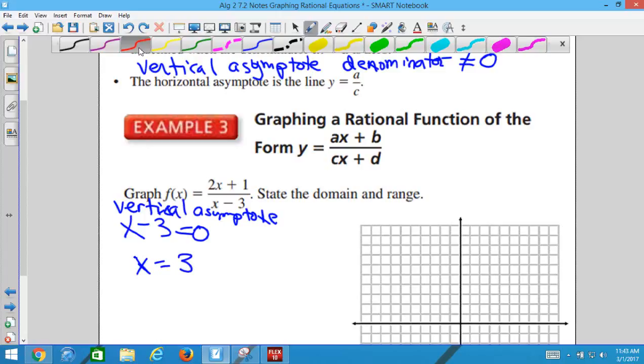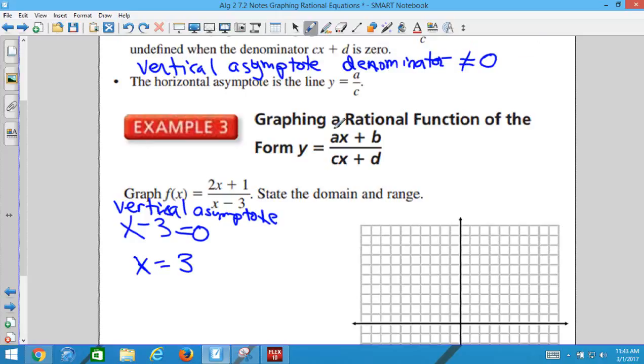Nice. Now the horizontal asymptote, I am going to go off of their pattern, off of their trick. For the horizontal asymptote, you take whatever's in front of the x on top and whatever's in front of the x on the bottom, and you put them on top and bottom and say y equals that number. Y equals 2. So the horizontal asymptote for this one,